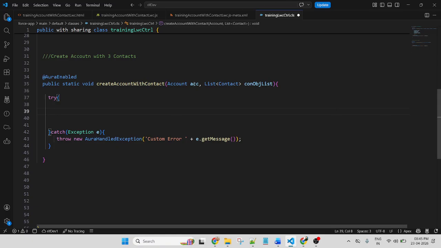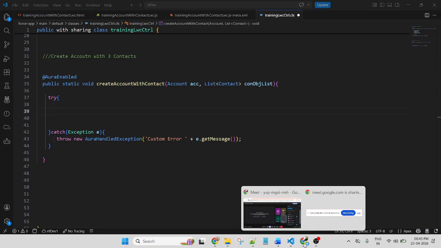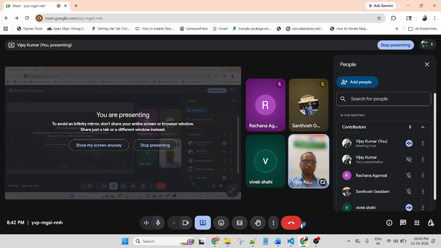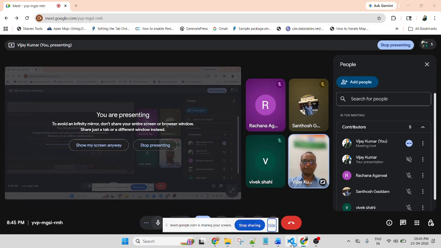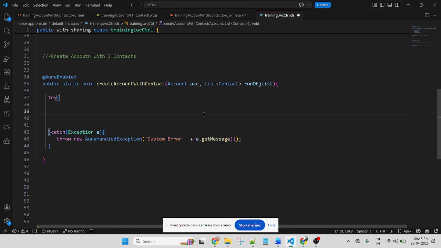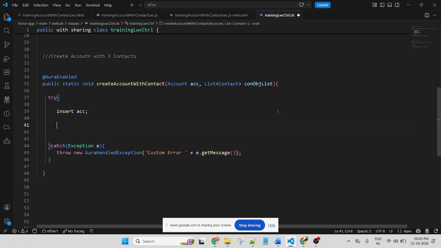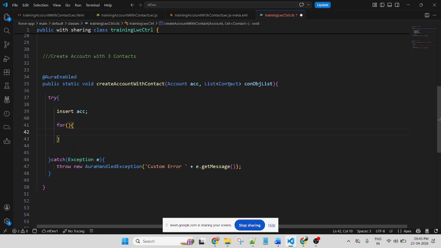So first I will insert account. Insert account, and apply a for loop for this contact.